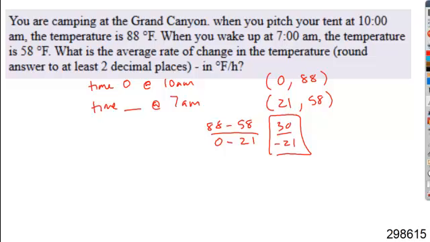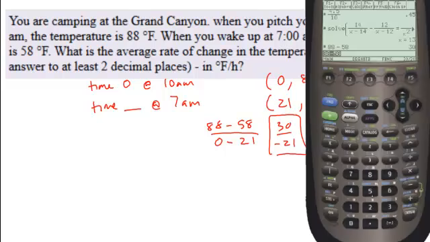You can enter that. It asks you to round to at least 2 decimal places, but you can leave it in this form. That's fine as well. But if I took 30 divided by negative 21,